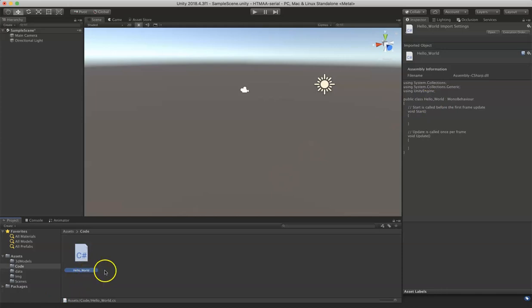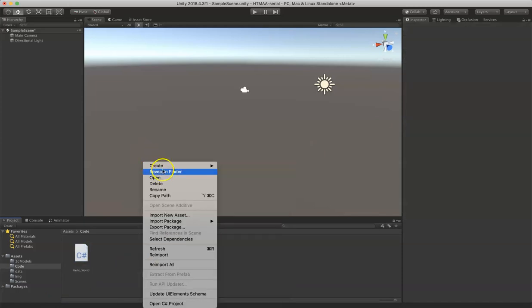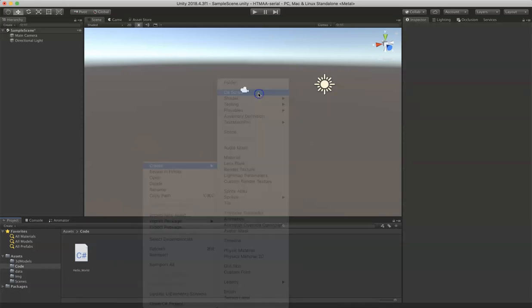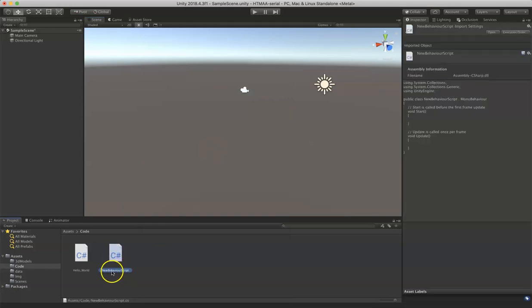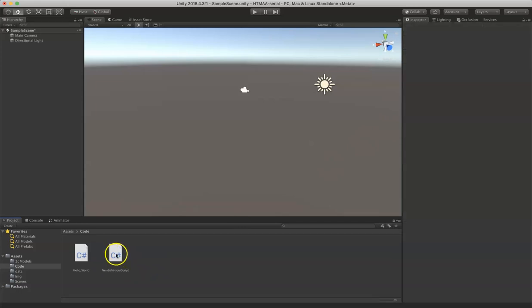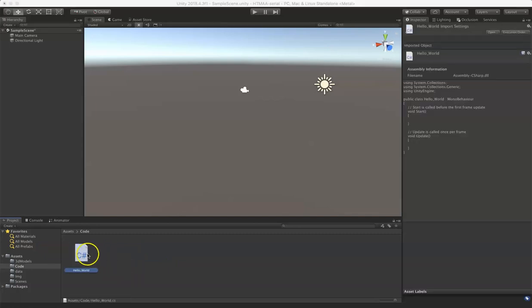So, for example, if you do create C# and you click somewhere else, the name of your script is new behavior script, and the name of your class is new behavior script. And if you change this in your code, but don't change this in your file, basically this will produce an error. So in this case, we're just going to delete this, and you should double click now